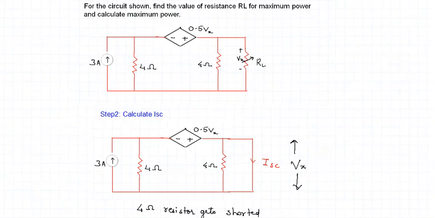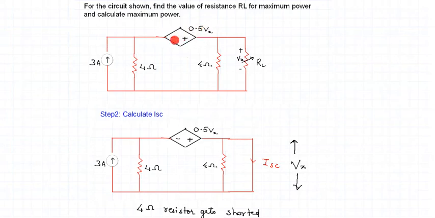Dependent sources are active all the time. They cannot be short circuited or open circuited unless the parameter on which they depend is made zero or becomes zero. Hence, when dependent sources are involved in the network, the procedure is to find the short circuit current. So in step number 2, we are now going to find the short circuit current.